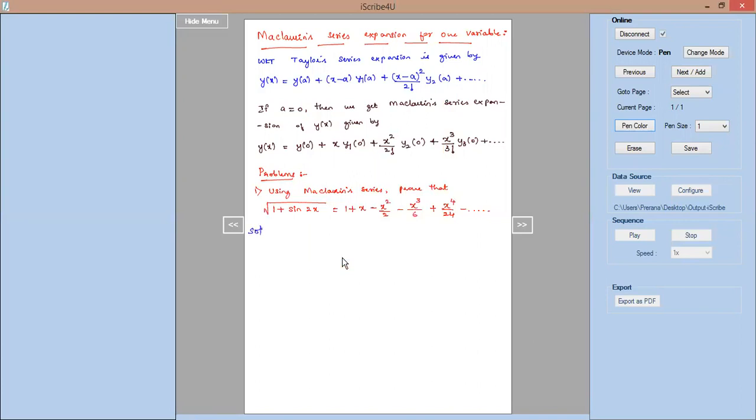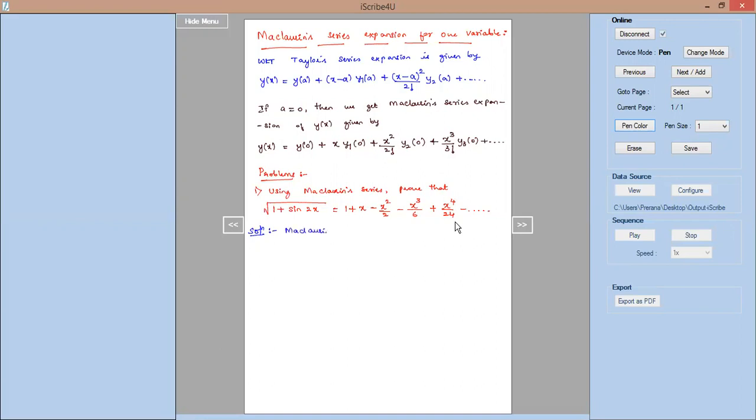Very firstly, let us write down the formula for Maclaurin series expansion. Looking at the required answer, we can say that we need to obtain the derivatives until the 4th degree term, because we have x power 4 by 24. We shall be able to understand that we have to obtain the Maclaurin series up to 4th degree terms. Okay, so let us write down the formula first.